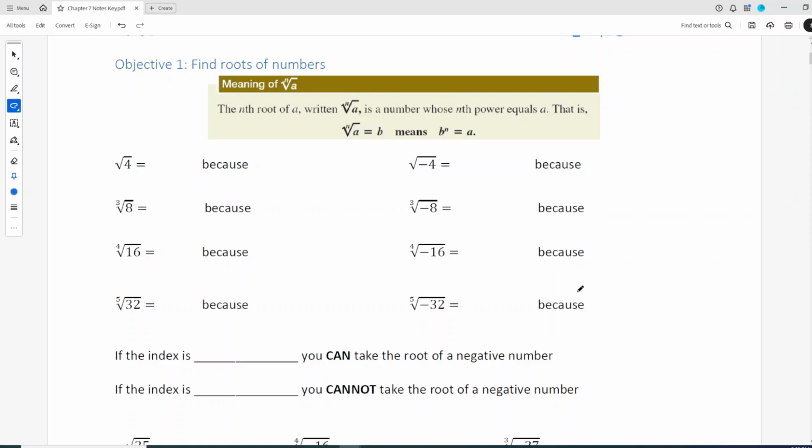roots and negatives. So for example, if I asked you to find the square root of 4, what would your answer be? Now, can you do these without a calculator? The square root of 4 is 2. And the reason 2 is the root of 4 is because 2 times 2, or 2 squared, is equal to